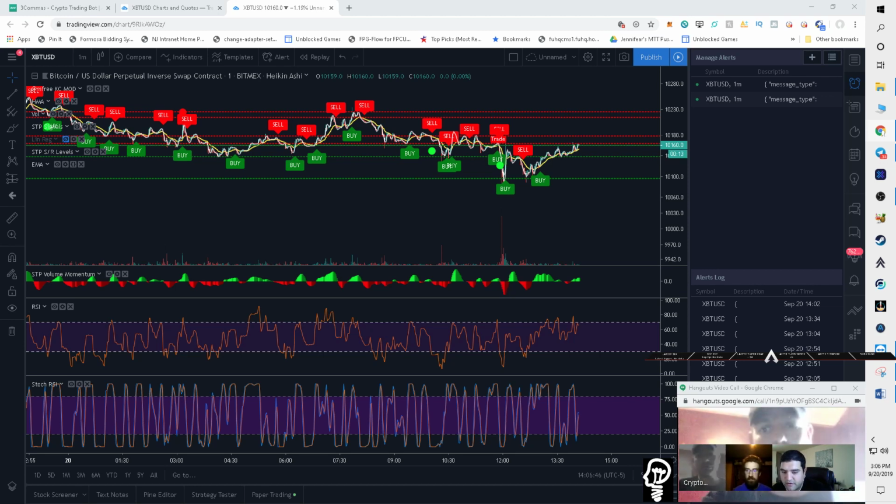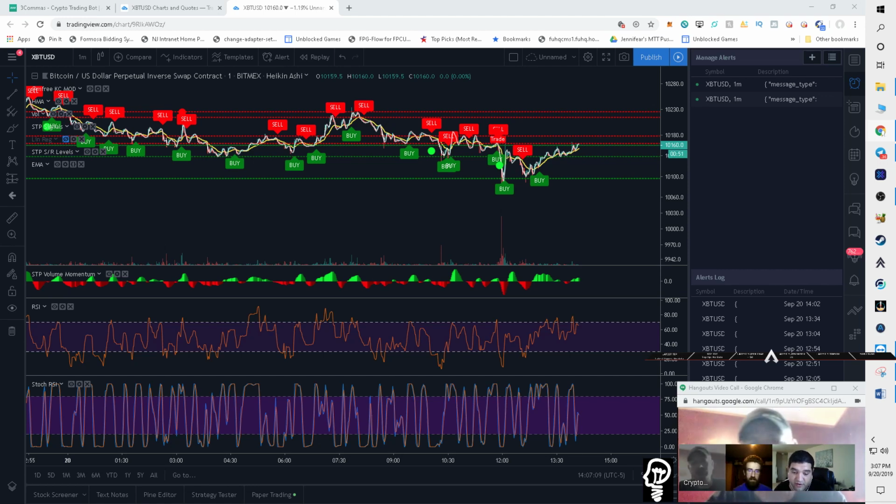The whole key point here is that we're offering our knowledge and our service to the folks here. There are always going to be people that want to stretch the limits and push their accounts to crazy leverage, and that's great, they can do that, but don't blame us if you get wrecked. We're not advising anyone to take more than 6 or 7x leverage on their account, because even that's